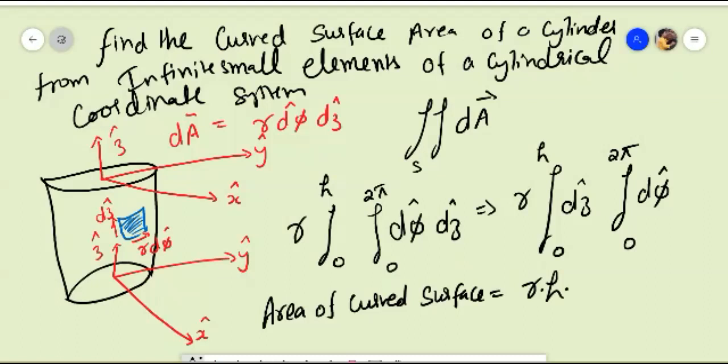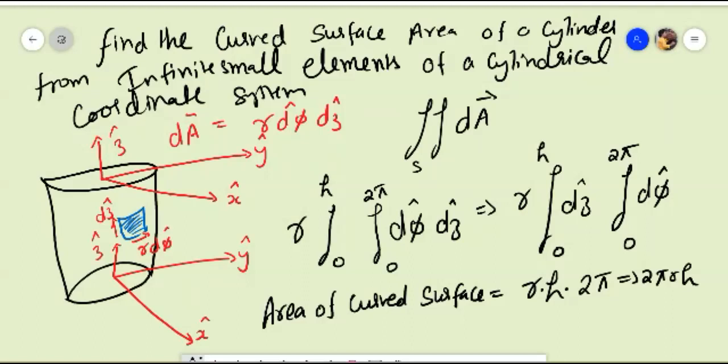And that is multiplied by the d phi element, which will be integrated along 0 to 2 pi, and that is equal to 2 pi. So that is equal to 2 pi r multiplied by the height. Okay, so this is the curved surface area of a cylinder, right? So we got that also,